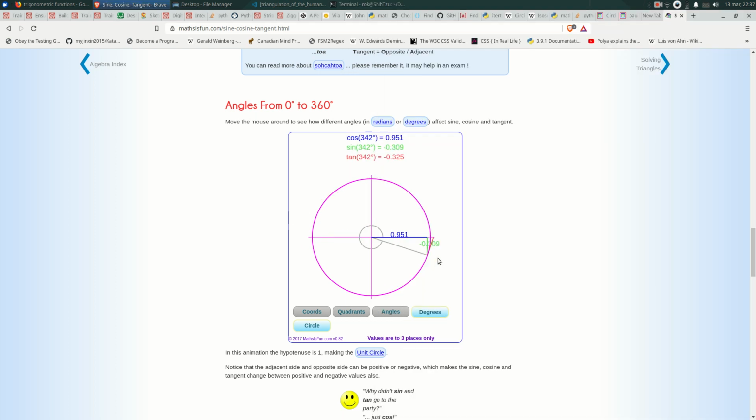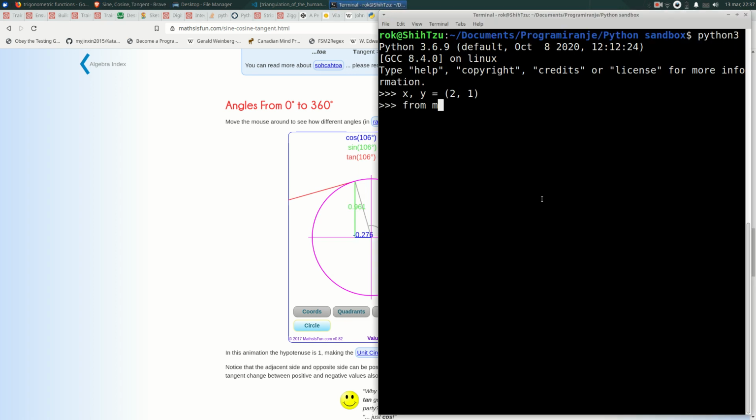So if it's open like that, then the green one should be 2 and the black one should be 1. This is because it's adjacent divided by, so I say from math import